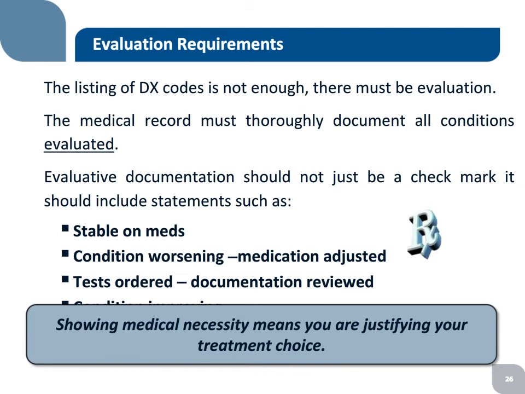If all we have is a list of diagnoses in the assessment and nothing about them, we can't code them. Or if they're just in the past medical history, like I see past medical history, atrial fib. Regular rate and rhythm today, I don't see any anticoagulation. How do I know they still have atrial fib? We have to see management of it. So we're looking for some verbiage that says stable on meds, getting worse, you're ordering tests, maybe you're ordering a lipid panel,